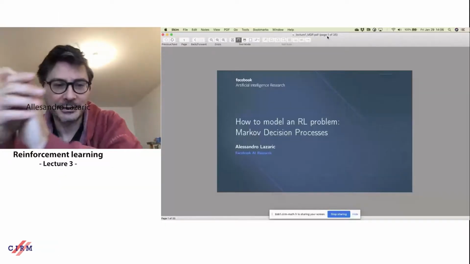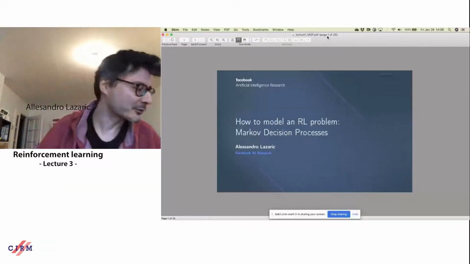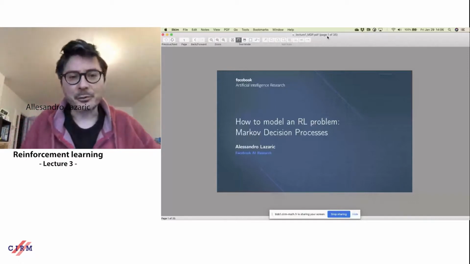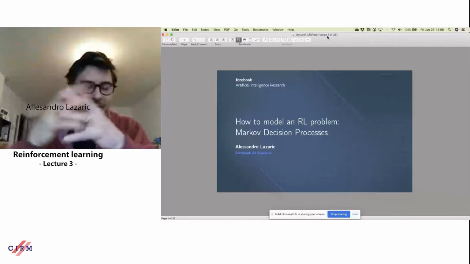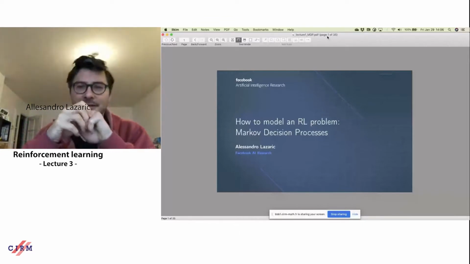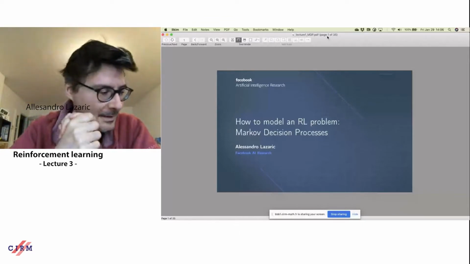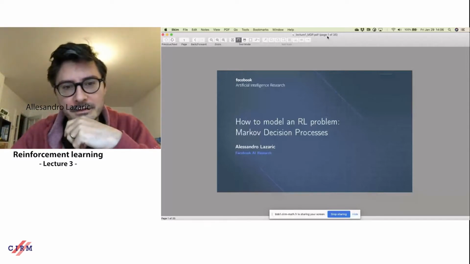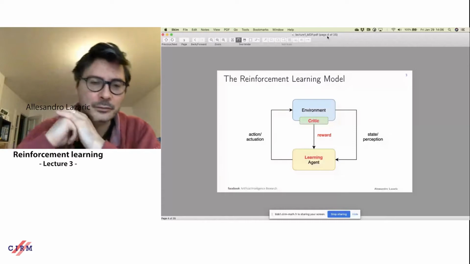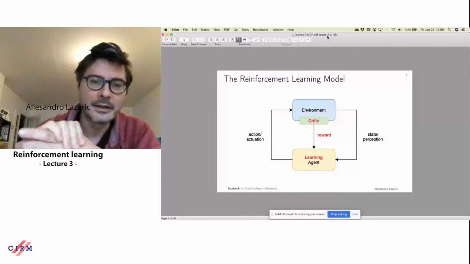Okay, so yesterday was a long preparation somehow towards reinforcement learning algorithms. It's been very long, but unfortunately, RL requires all these notions to be set up before entering into the actual stuff. So just to summarize the key concepts, we have seen the concept of Markov decision process, which formalizes